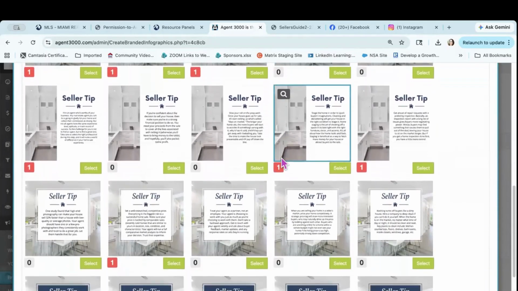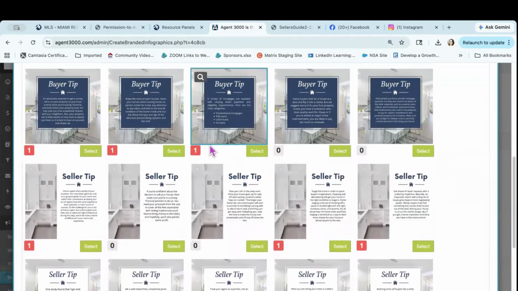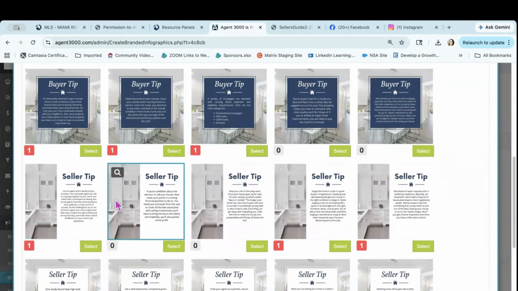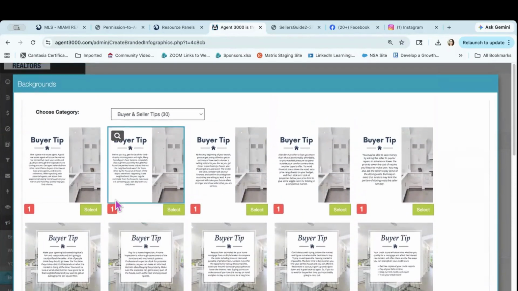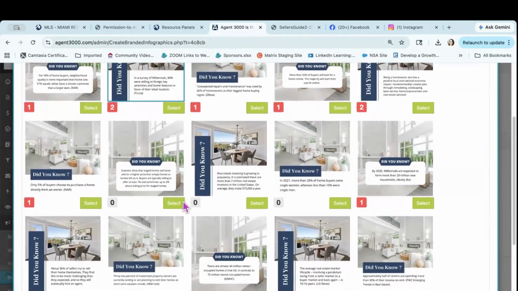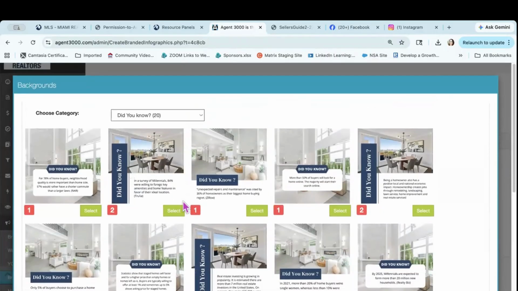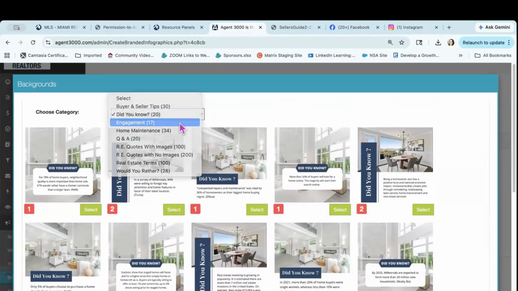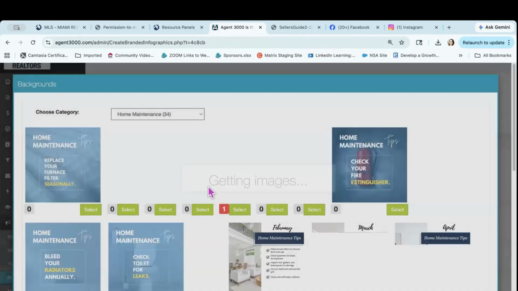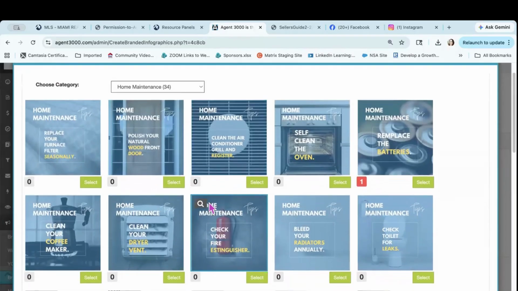Buyer tips, there are your seller tips. And you see where it says red? This is letting you know that you've downloaded these already, so you don't post the same thing. You've got 20 did you know ideas that you can post. You've got 7 engagement posts. Benefits of using a realtor is bigger, better, this or that, buyer guide, home maintenance, month over month,